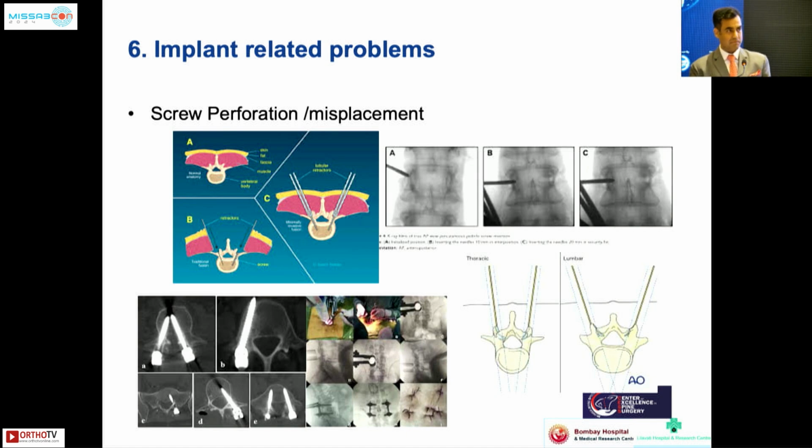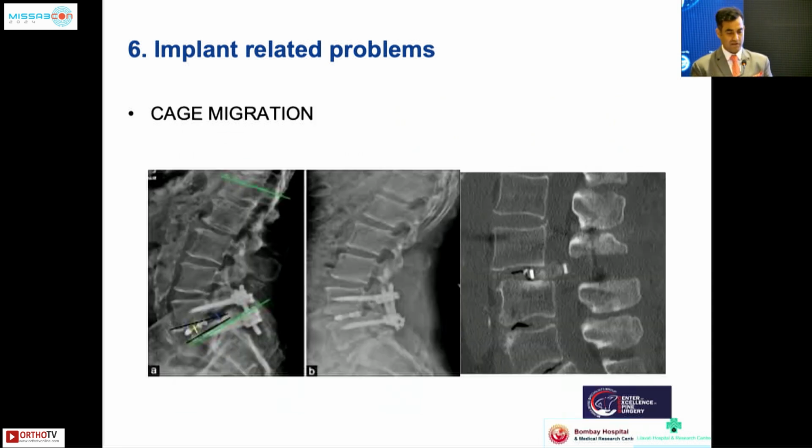Screw perforation can happen either due to medial placement or due to a superior facet violation, and all this happens when we tend to have a good intraosseous and convergent trajectory. Rather, I recommend, if you are a beginner, try to have an end-on view for the lower screws and a convergent entry for the superior screws to have a good osseous placement and to avoid superior facet violations.